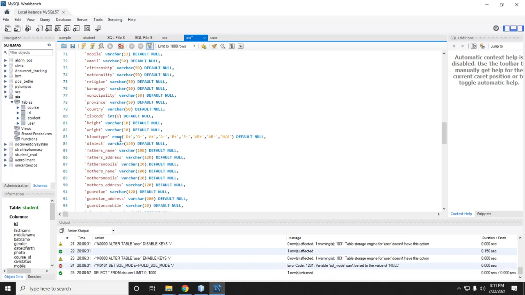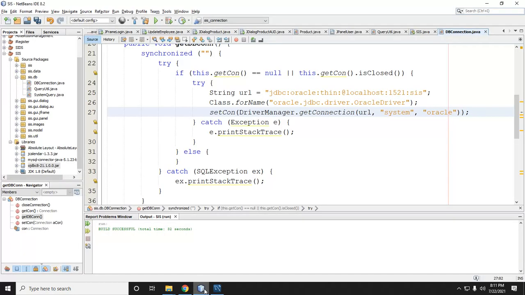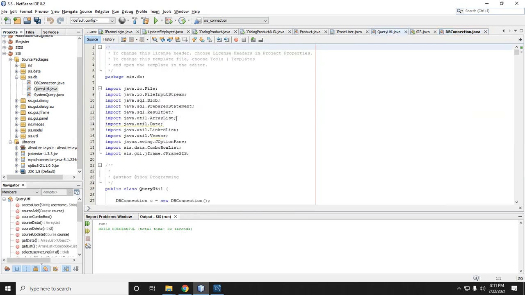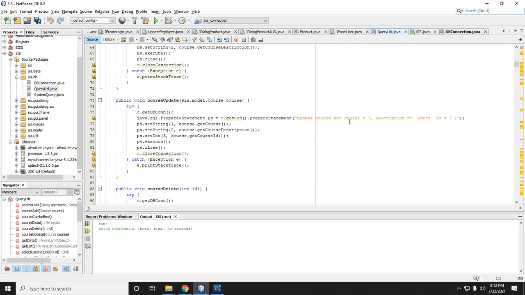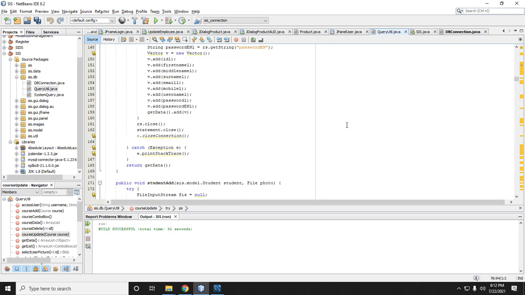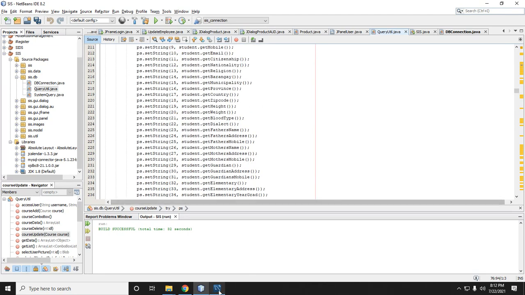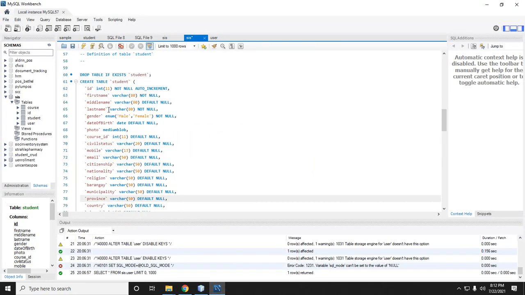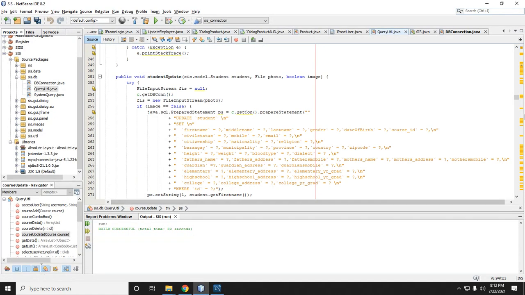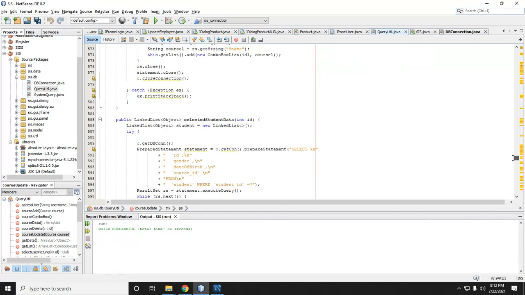but do not change the table and the column, because if you change that, maybe you will have a lot of errors in the query utility, because you need to change the columns and the tables. A lot of changes you need to make if you are changing the column name and the table name. So here below in the methods here,